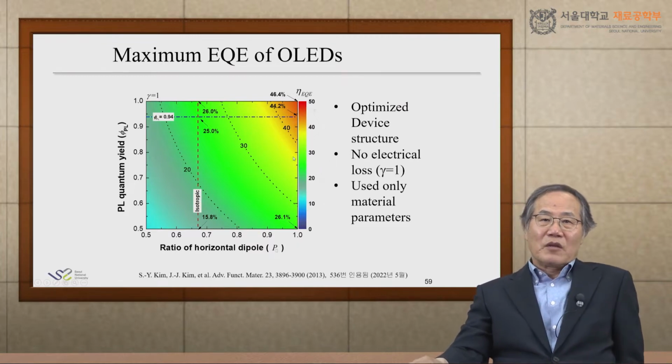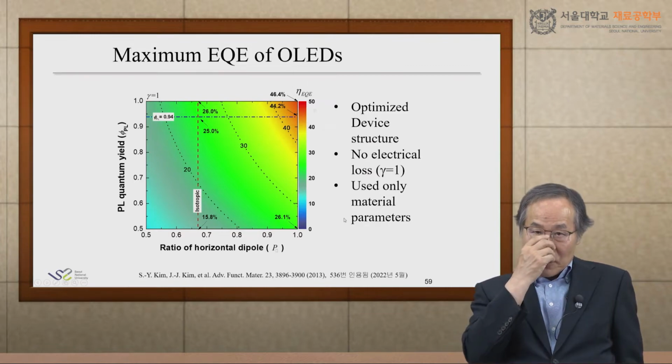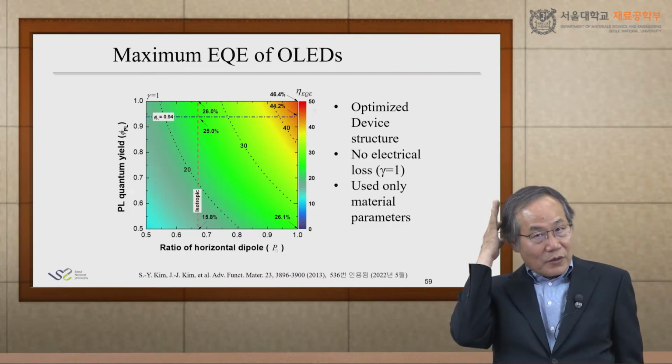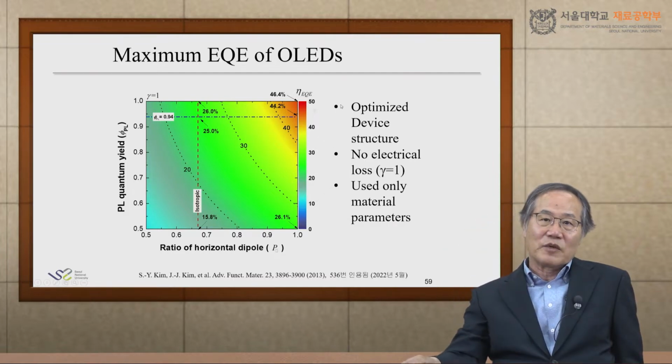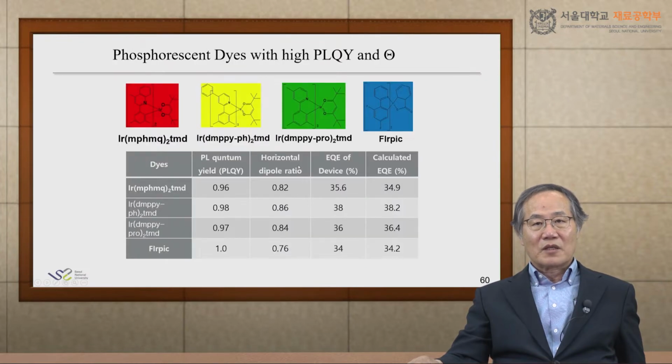This was for devices that are optimized and the electrical loss is 0, and so on. After that, people believed that with the proper design of OLED devices, maximum EQE can be 46%. And we needed to check whether this calculation is correct or not. So we proved this during the last